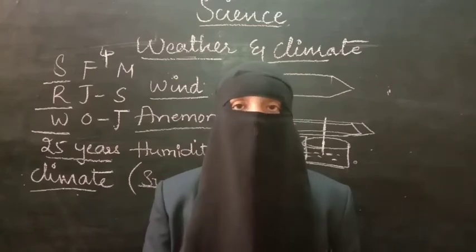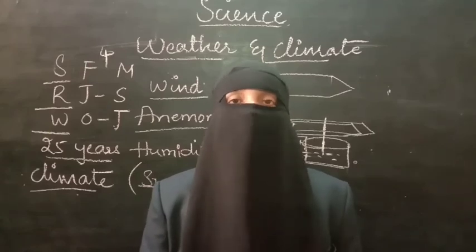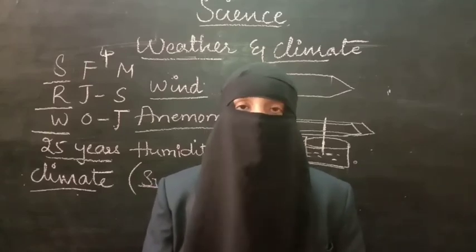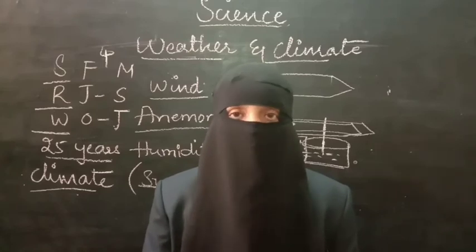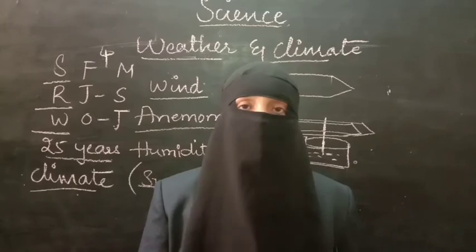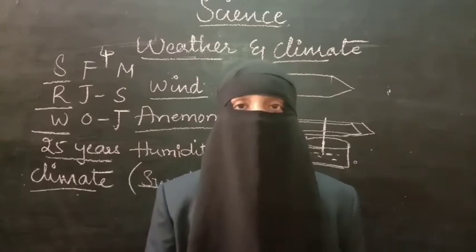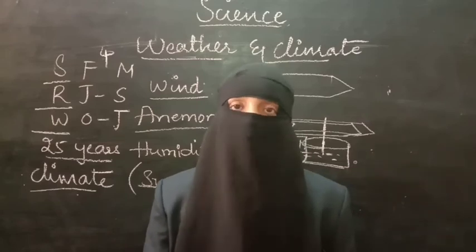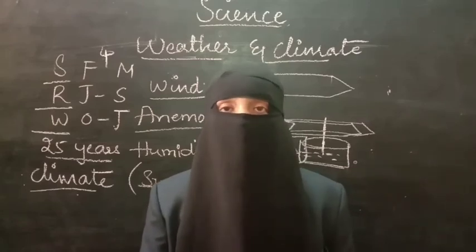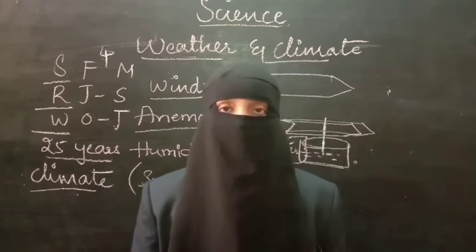We have to depend on weather and climate to do any kind of activity. If you want to celebrate anything, then you have to depend on weather. If you want to make arrangements for any charity or something, then also you have to depend on the weather. So weather is a very critical phenomenon, as well as a very important phenomenon. This was about the lesson weather and climate.